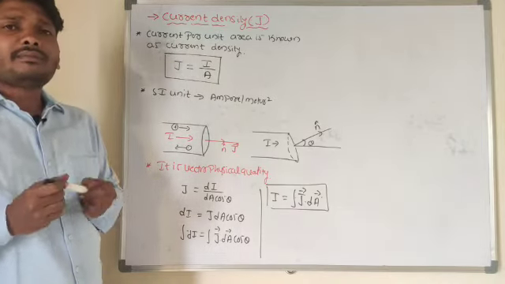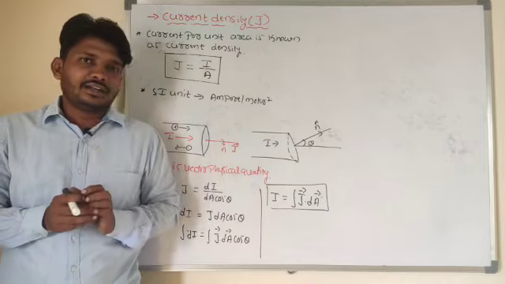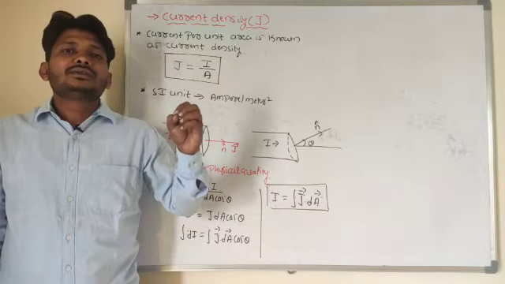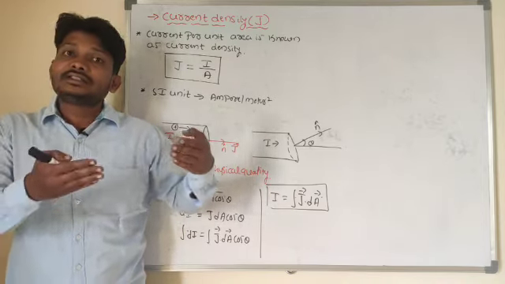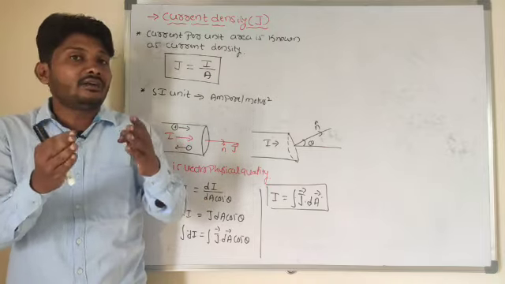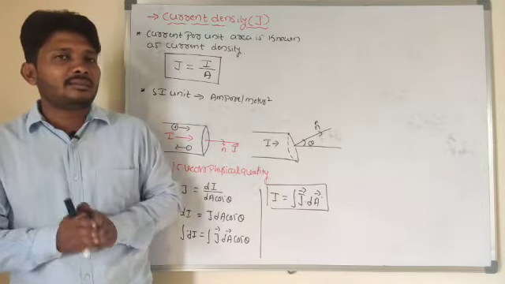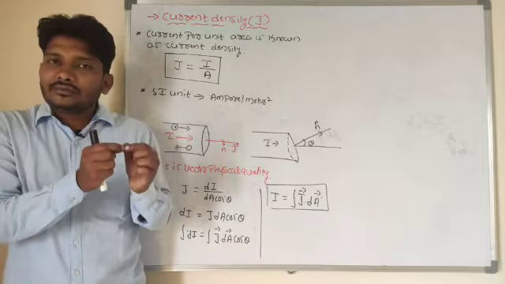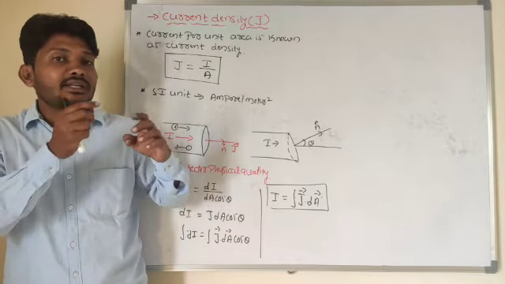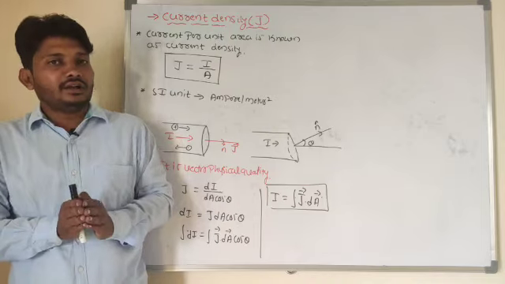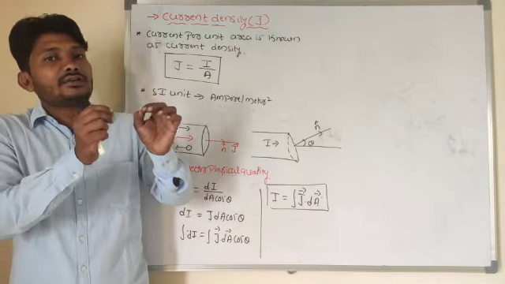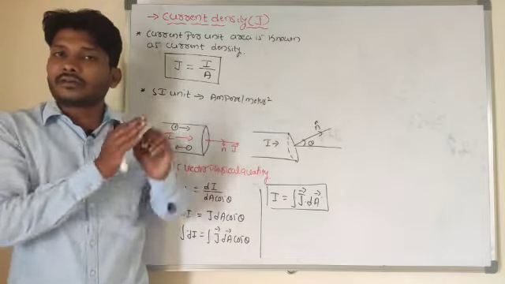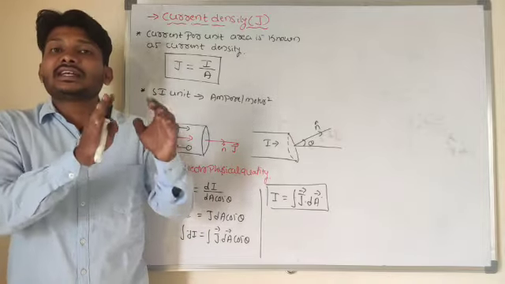Now look at it. For example, I will take one conductor. The conductor consists of free electrons. These free electrons gain a certain kind of thermal energy, and after getting the thermal energy, they try to move in all possible directions. While moving, they suffer collisions with the fixed ions. After a number of collisions, their energy decreases, and after some collisions the energy becomes zero.